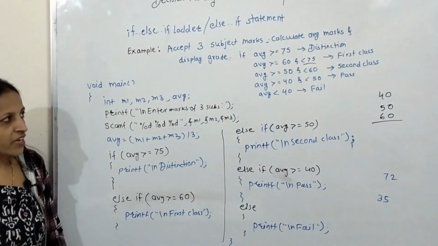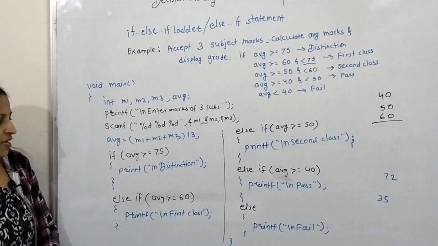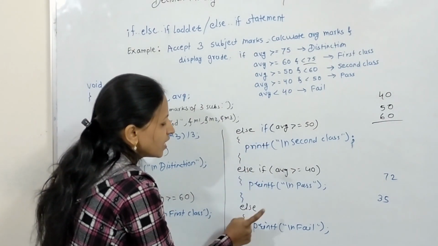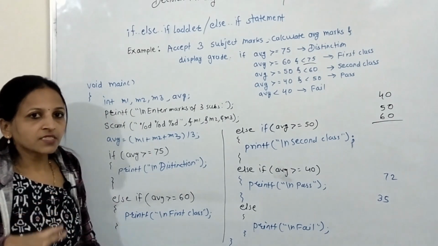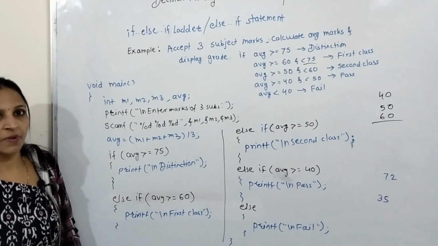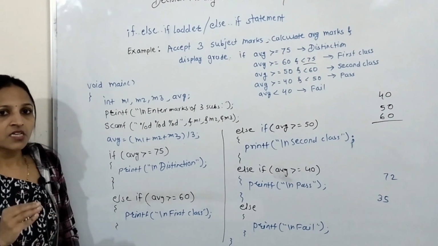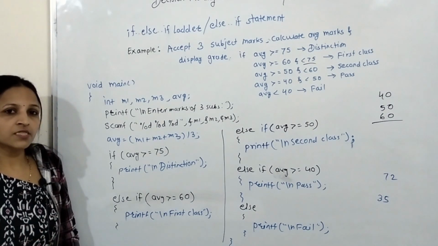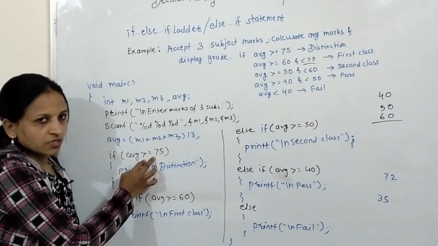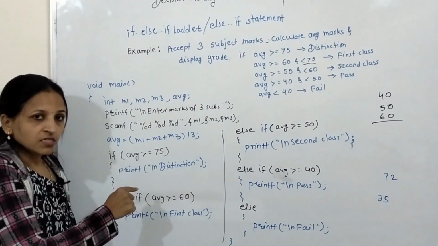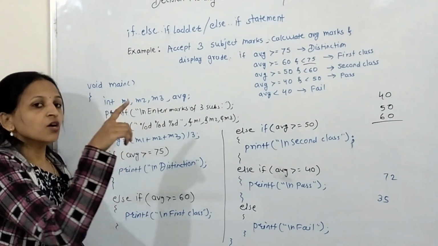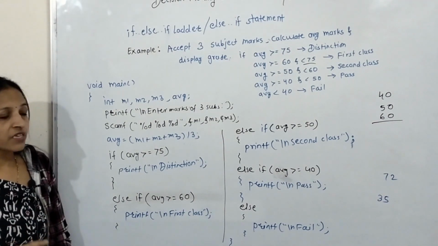Okay. In this way you can use the if else if ladder. Here see the syntax: if, else if, else if, else if, else. This is the syntax of the if else if ladder. It is also called the else if statement. This is a statement that comes under the decision making control structure. Here we are deciding something on the basis of a condition. What should be executed gets decided as per the result of that condition. Okay, this is all about the if else if ladder.